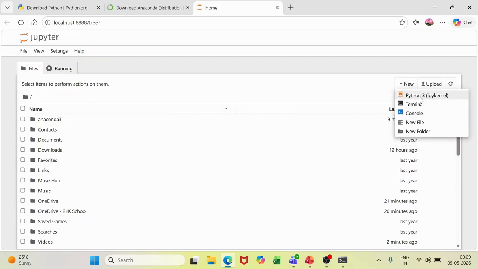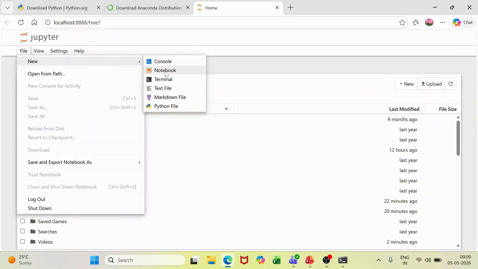From here, you can start with the Python 3, this one also, or you can start with a new Python notebook. Now when you say notebook, it is the part of the Jupyter Notebook. When you say Python file, it is a .py file. So here the extension would be different, and in this the extension will be .py. Here it will be Python notebook, Jupyter notebook. So an .ipynb file will be present. So when you click on this, the particular interface is very good.